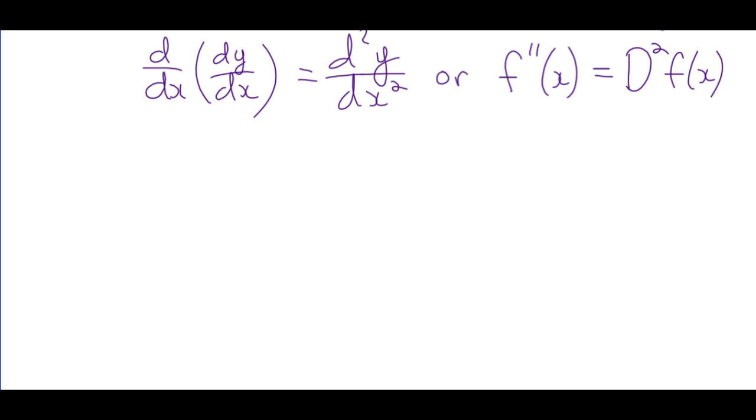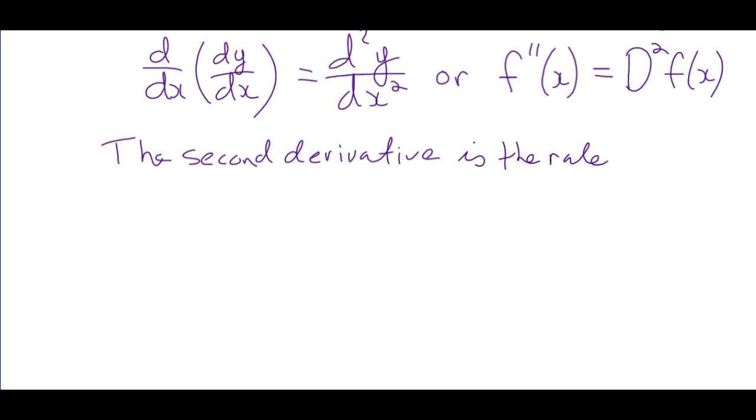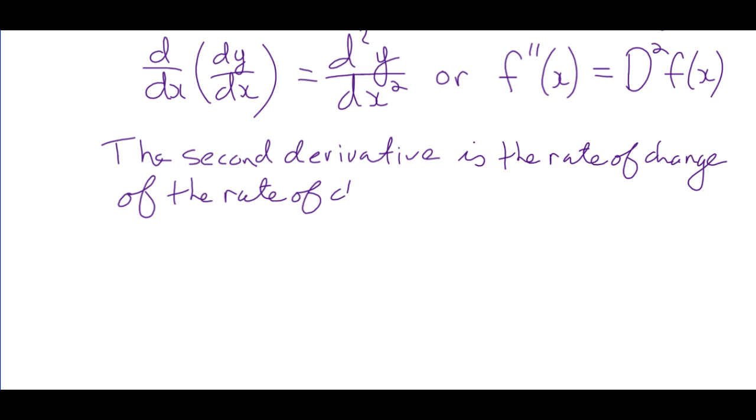So the second derivative is the rate of change of the rate of change. This one here being the first derivative, right? And then it's the rate of change of the first derivative. It's called the second derivative. So to relate that then,